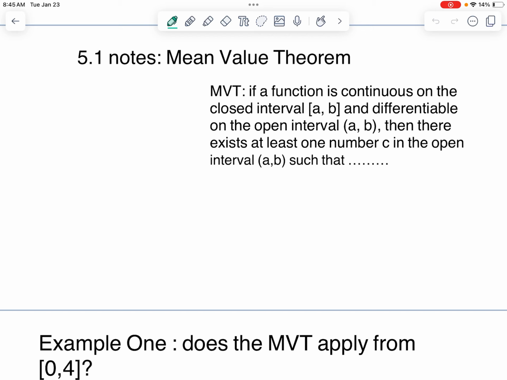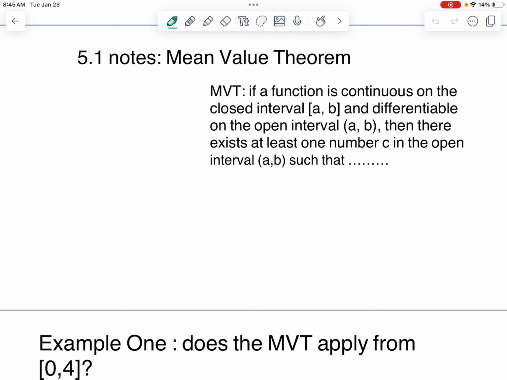So far this year you've learned about the intermediate value theorem, which is essentially if you want to get from one number, so say you want to get from 1 to 5, you got to get through 2, 3, and 4. That's the basic principle of the intermediate value theorem. Today we're going to learn the mean value theorem, and then later this week we'll learn the extreme value theorem. And so the mean